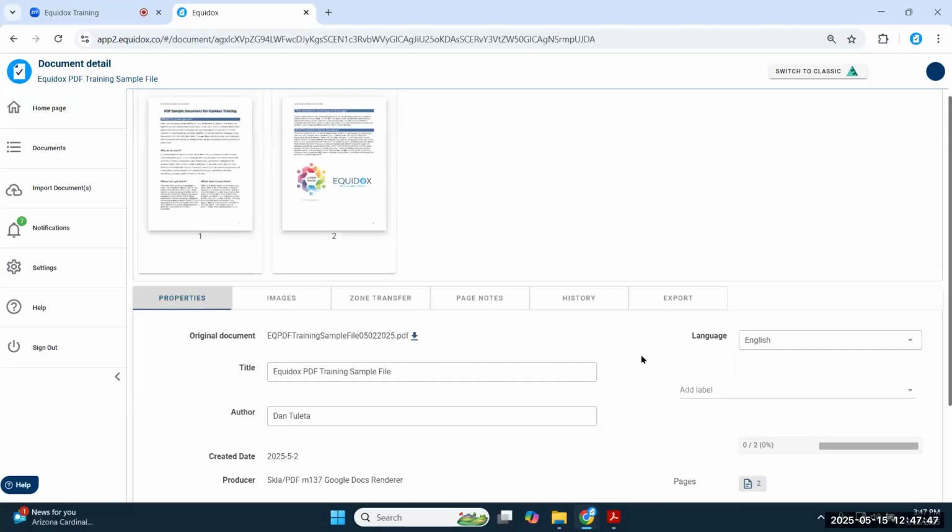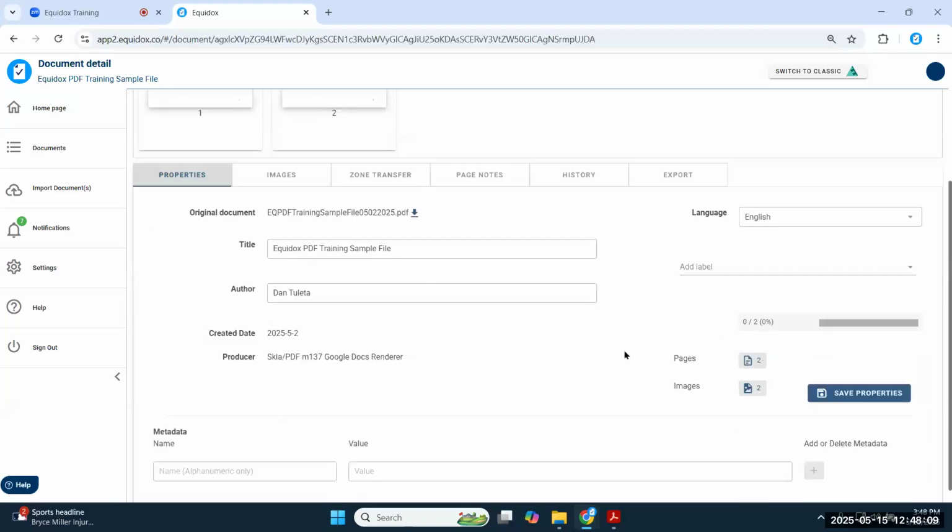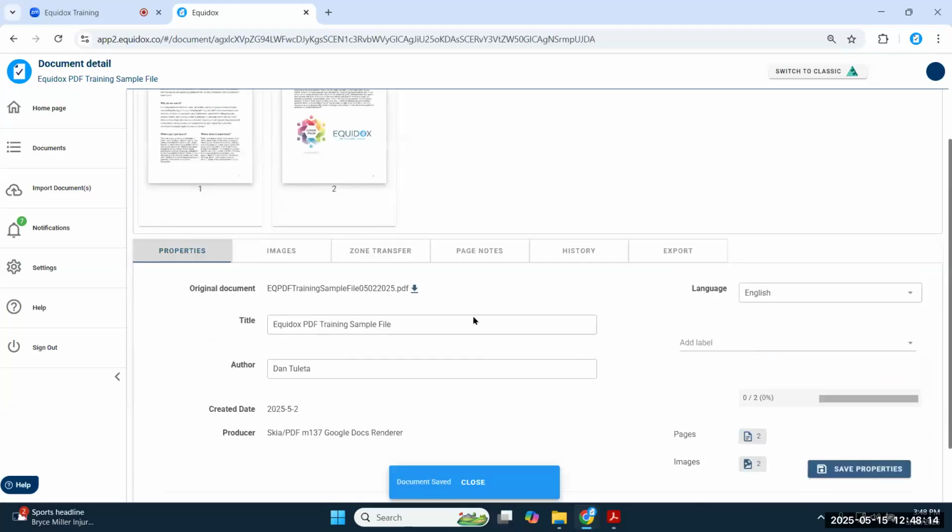And that gets increasingly more important when you get into Arabic or Mandarin Chinese, where if it's an English screen reader trying to read Arabic, it has no frame of reference for what any of those characters are. So it has no method of reading it. So it's an important thing to update, but I imagine 90% of the time, you're just going to be leaving it with the default English language attribute. If you make changes to your properties, just make sure you hit the save button right here and it will update in the file.